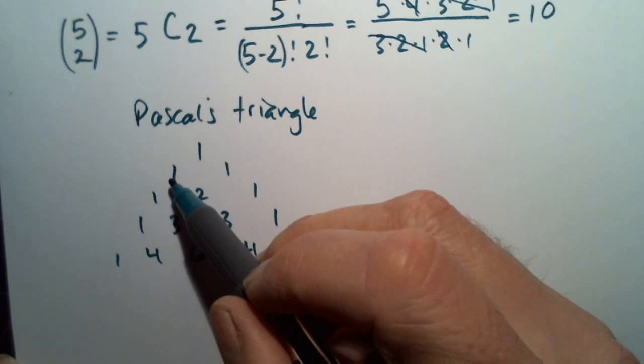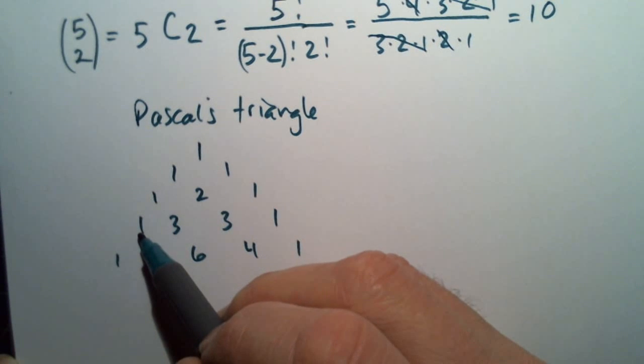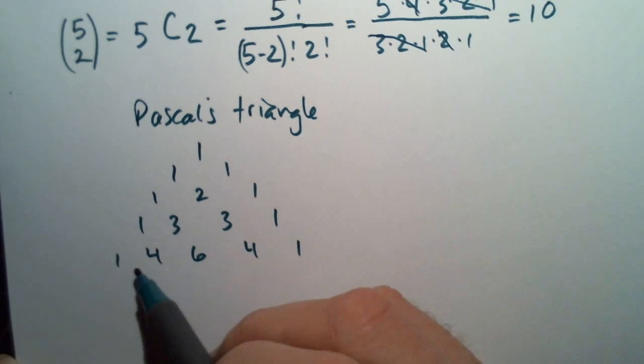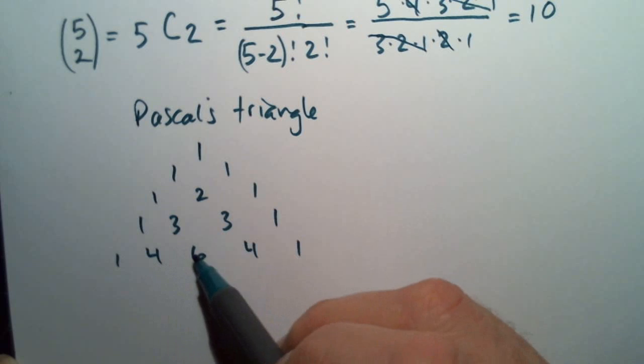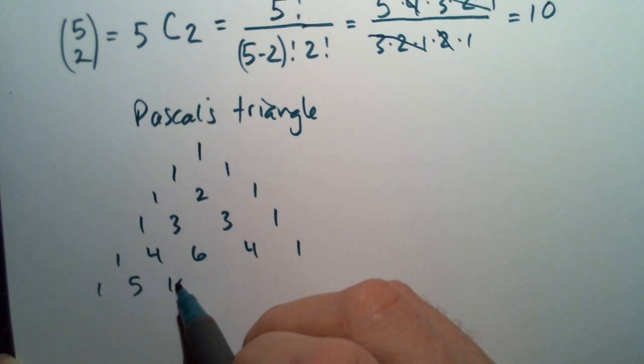We start with 1, and then 1 plus 1 is 2, and we end with a 1. Start with a 1, 1 plus 2 is 3, 2 plus 1 is 3, end with a 1. 1 plus 3 is 4, etc. If we keep going,